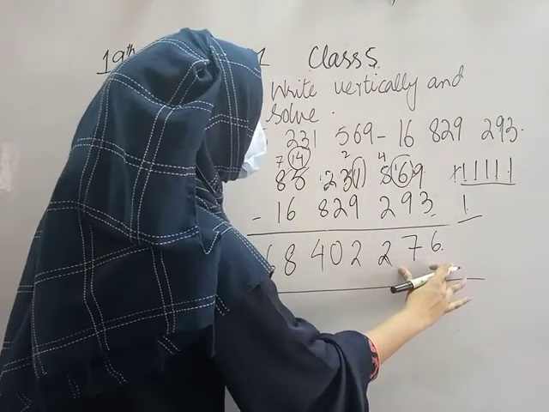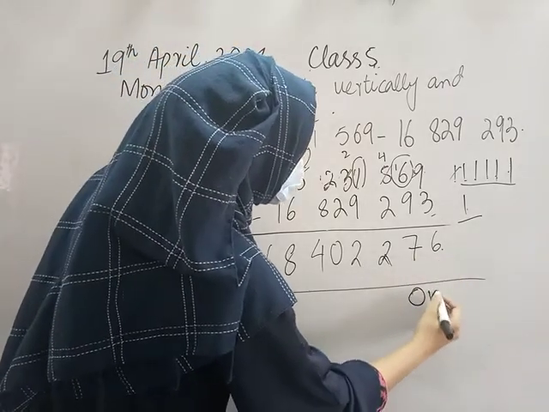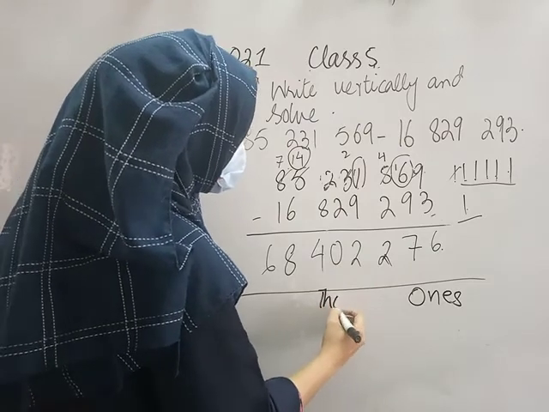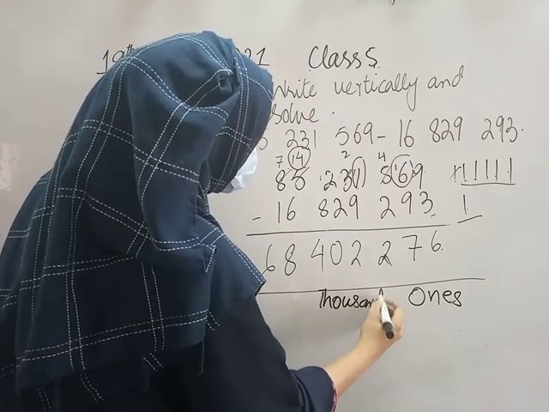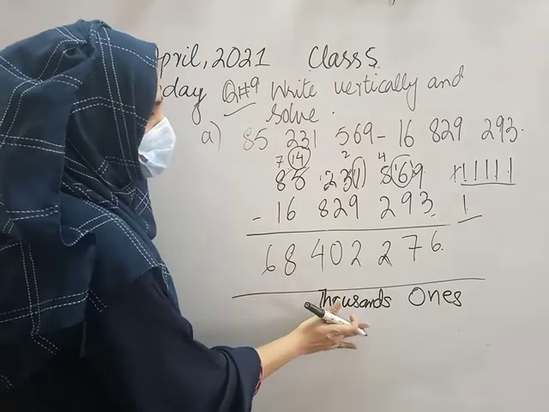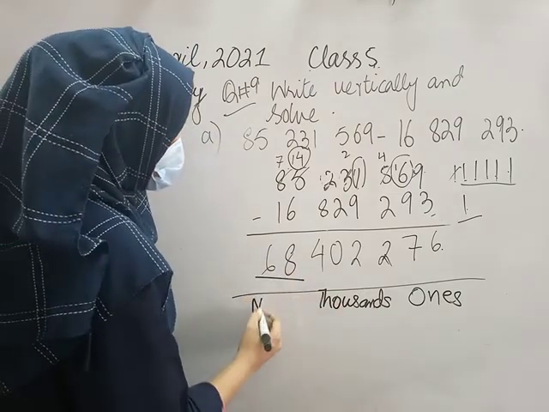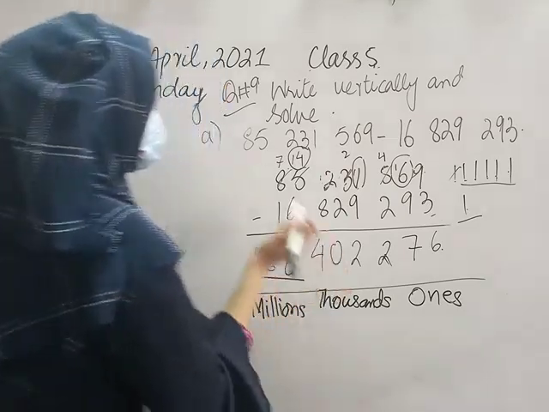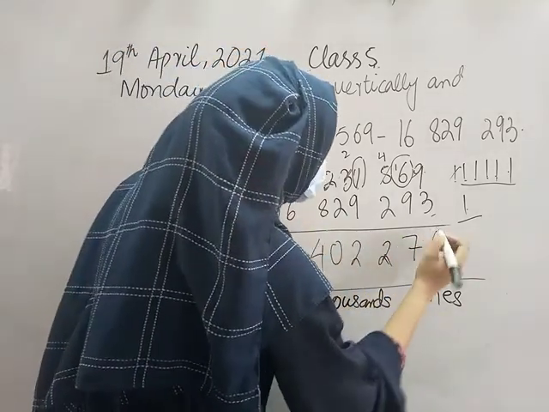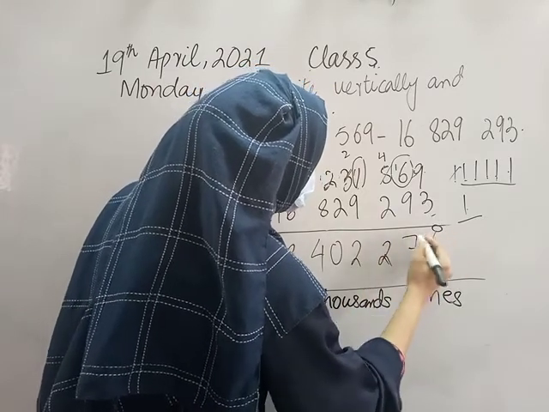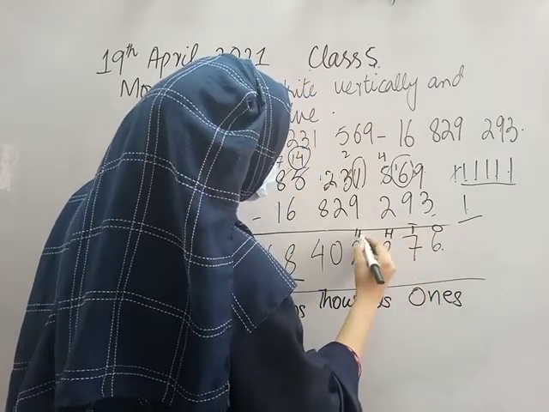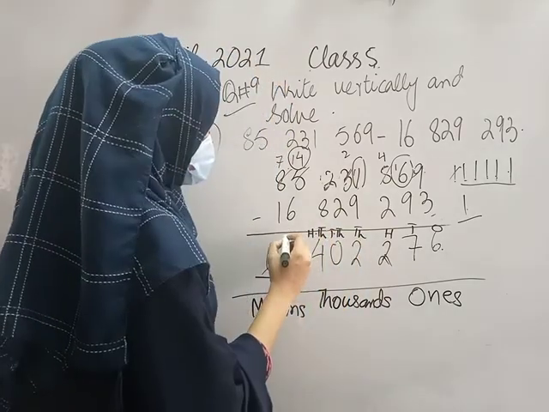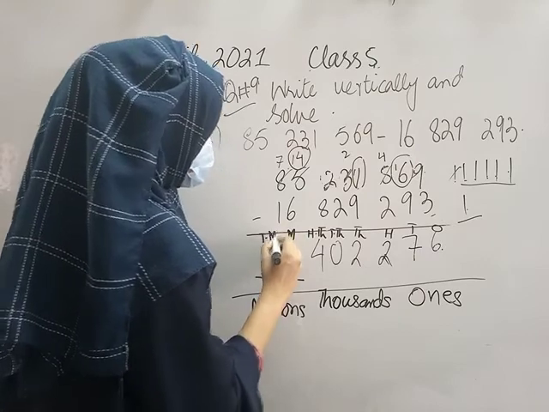As you know, whenever we start from the right side, the first unit belongs to ones. Then there is a space, which indicates this number belongs to thousands, which is 3 digits in total. And the next number belongs to million. Fine. Now if you look at the place values: ones, tens, hundreds, thousands, 10,000, 100,000, million and 10 million. Okay.